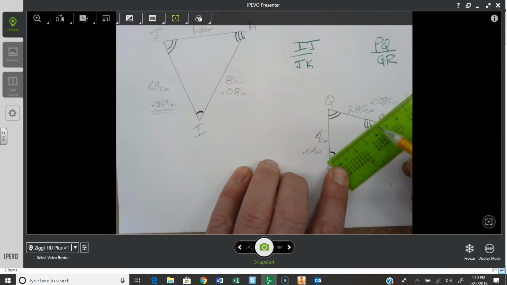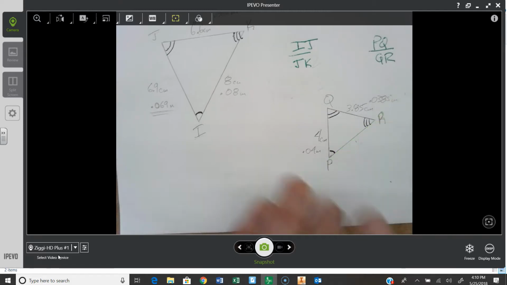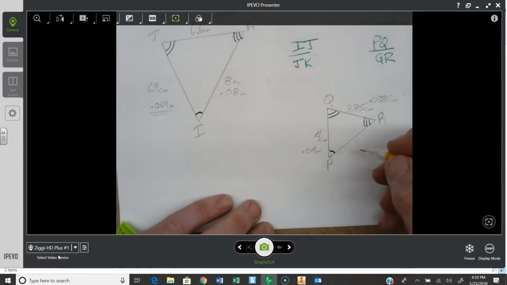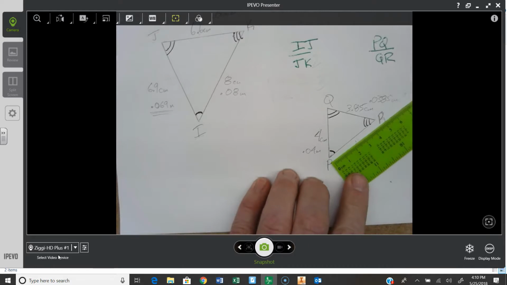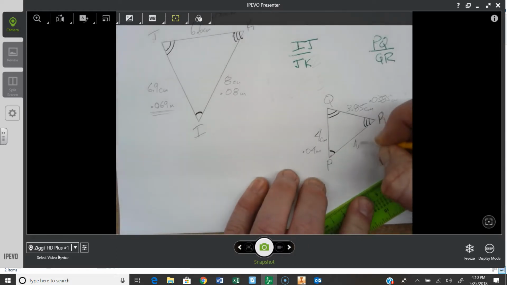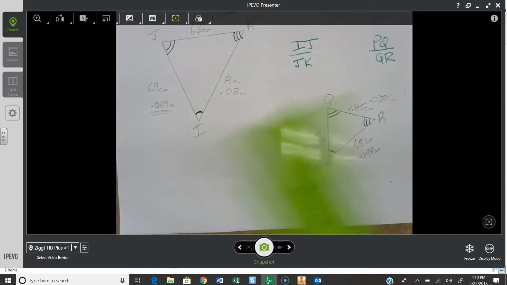4, I'll call 4.8. Is that right? Yeah, 4.8 looks good. 4.8 centimeters, or 0.048. Now, I measured all, but let's take a look at ways we could do it